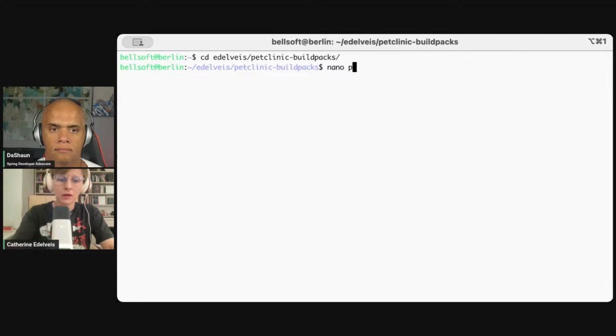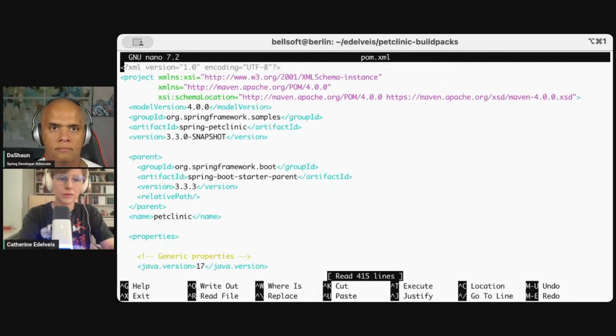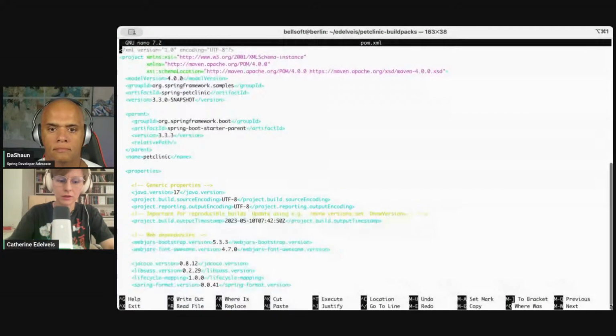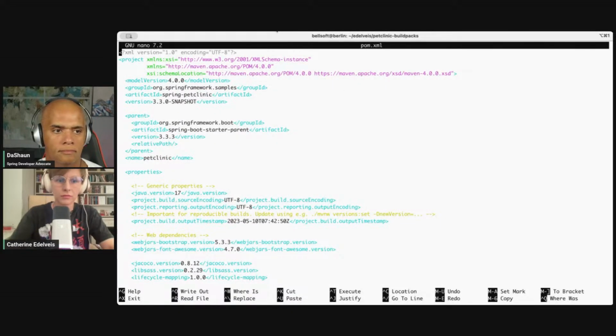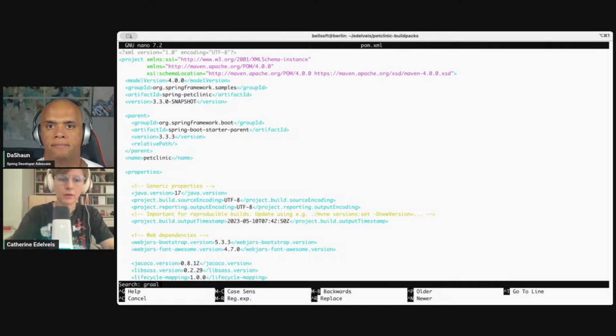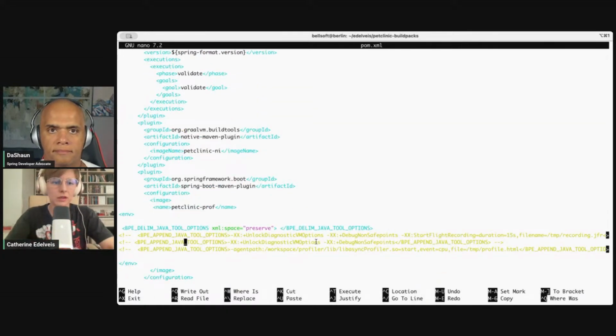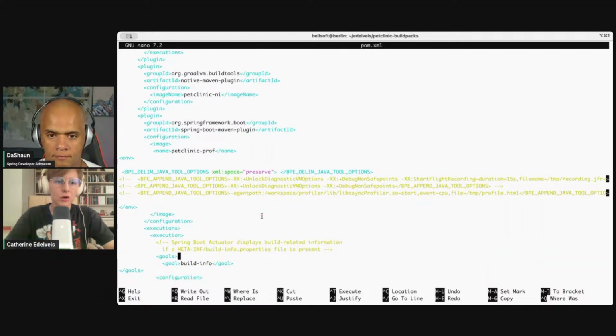All right, let's start with actually building the image, right? I'm going to show you my pom.xml, and I'm going to make it a little bit larger for your convenience. Okay, is that all right? Yes. Okay. So here I have several options that I have commented out so that you don't have to endure my agonizingly slow typing. In this case, we have simply the configuration without any options, actually. So this one, it's not going to work because it's just the delimiter. I'm going to show you what it means later on, but let's just comment it out for sanity's sake. Right. So we are just simply going to build an image without any special configurations,